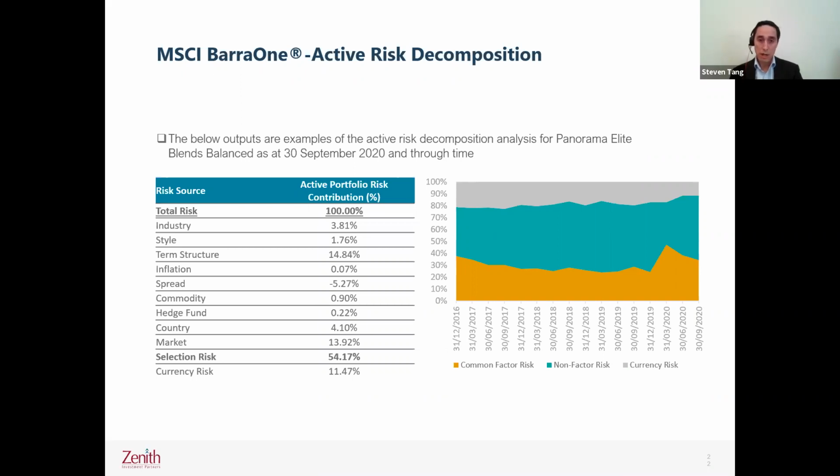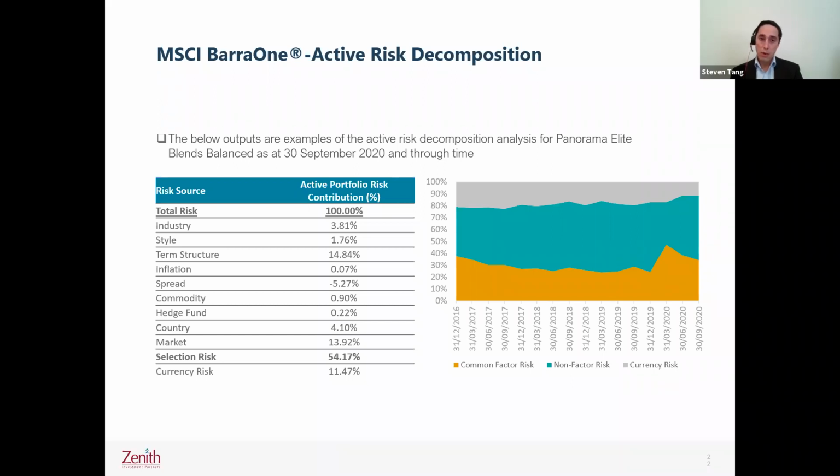So getting rid of the market-related risk you can see on the left there, it breaks it down into fully all the different factors and what you're running it against. Now, what you really want, and what Michael alluded to before, is that selection risk, that idiosyncratic risk. You want to be running a high amount of idiosyncratic risk in your portfolio. So you want that active risk to really be driven by that idiosyncratic risk.